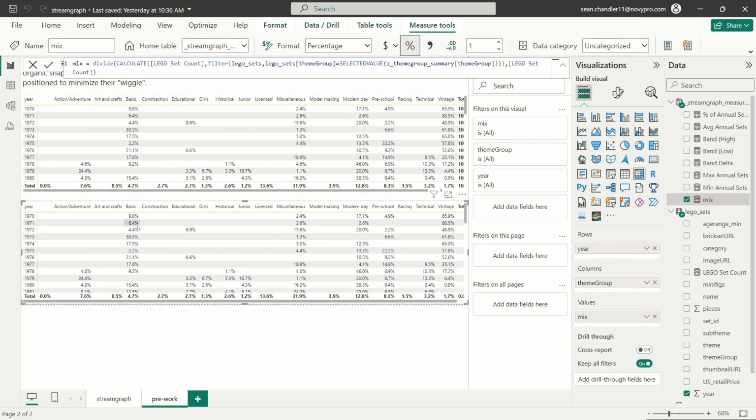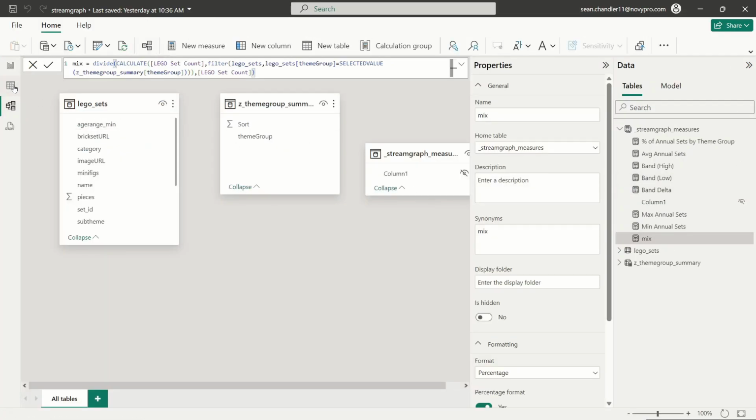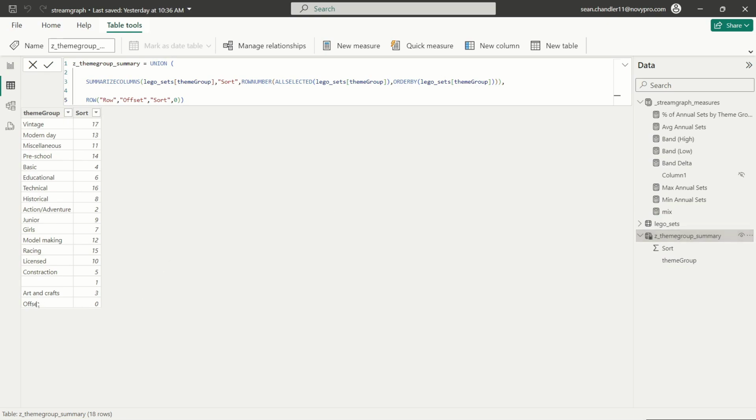But yeah, there's my 9.8%, 6.4%, 4.4%, and 30.3%. And you might be thinking, Sean, you just went through a lot of trouble for that. If this measure was working, why not use this measure? And why not use the theme group from your main data set? And that is where I want to remind you about the additional row that we added to our summary table